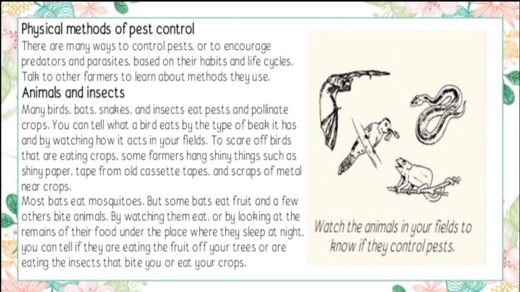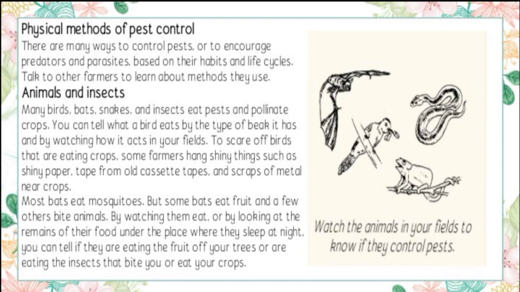So the next is physical method of pest control. There are many ways to control pests or to encourage predators and parasites based on their habits and life cycle. Talk to other farmers to learn about methods they use. Animals and insects: to scare off birds that are eating crops,